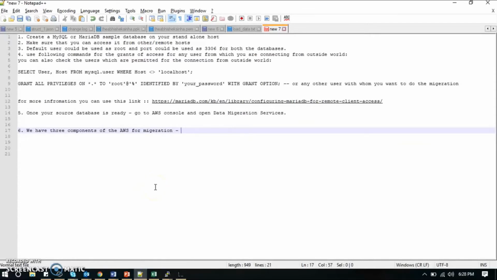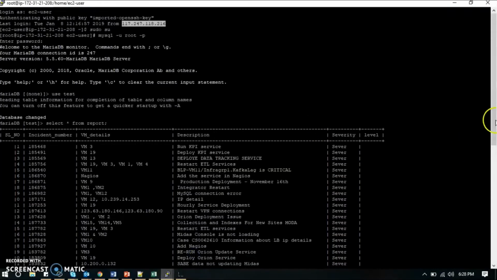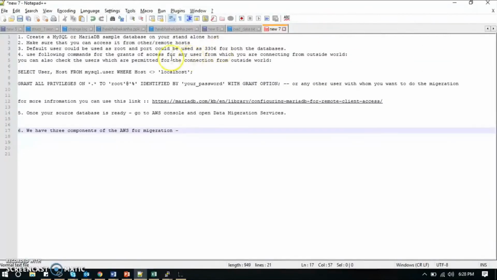You can make sure that you have access to this database server from the outside world. For that I'm just using the default user. You can use root, or you can create any other user, and you can give it complete access.